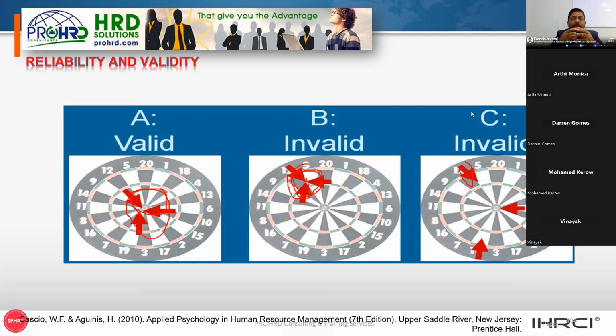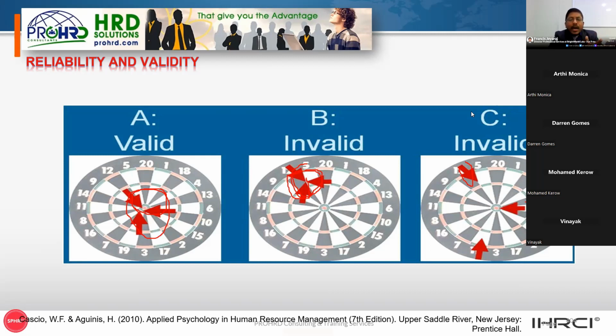The two do not necessarily go hand in hand. They are different concepts. At best, we have a measure that has both. It's possible that, for example, in this type A, you get results that are valid and reliable. So it yields consistent results in repeated application, and it accurately reflects what we hope to represent. Accuracy, preciseness, and it's repeatedly giving you the same results. That means it's both valid and reliable.